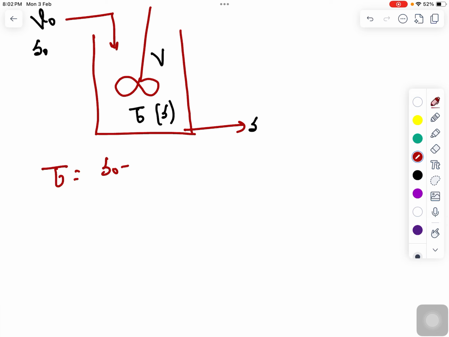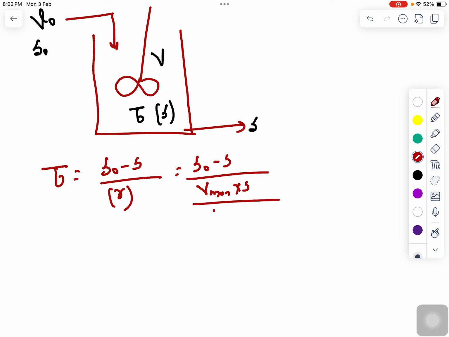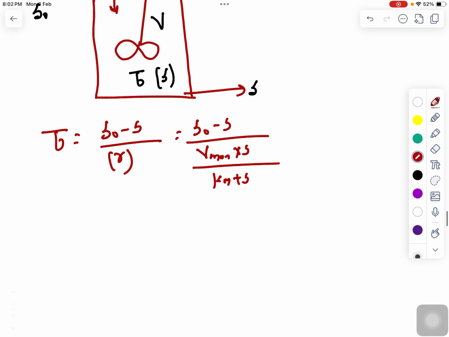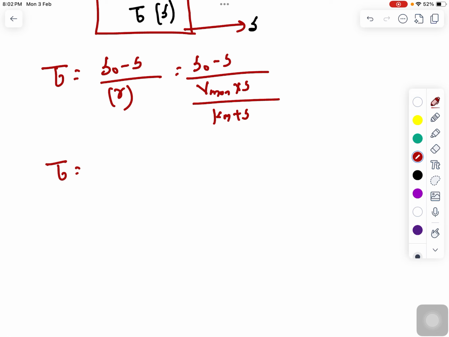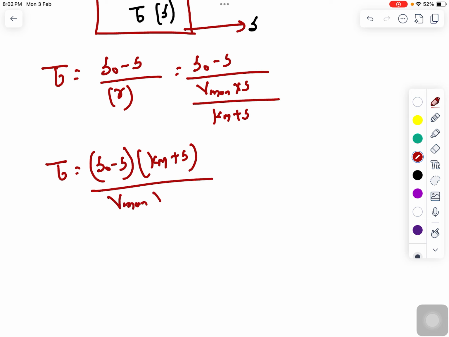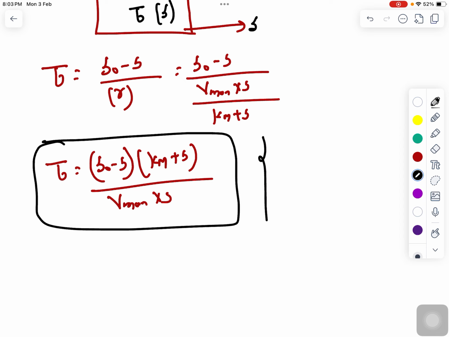Tau can be written as S naught minus S divided by R. And what is R? R is your Vmax into S divided by Km plus S. So finally the space time can be calculated as S naught minus S into Km plus S divided by Vmax into S. So using this equation, you can calculate the space time in a CSTR, where S is the